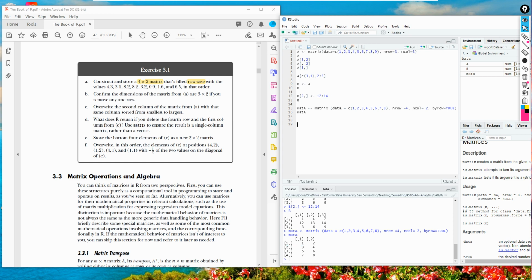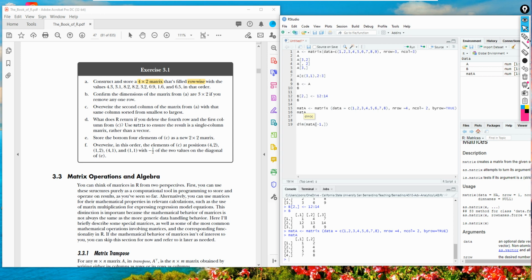To check the dimensions, I'm going to use the built-in function dim, and for the argument, matrix A. To remove the second row, I need to use a negative number. They said any row, so I can remove the second row, or maybe the first row. It's either way.